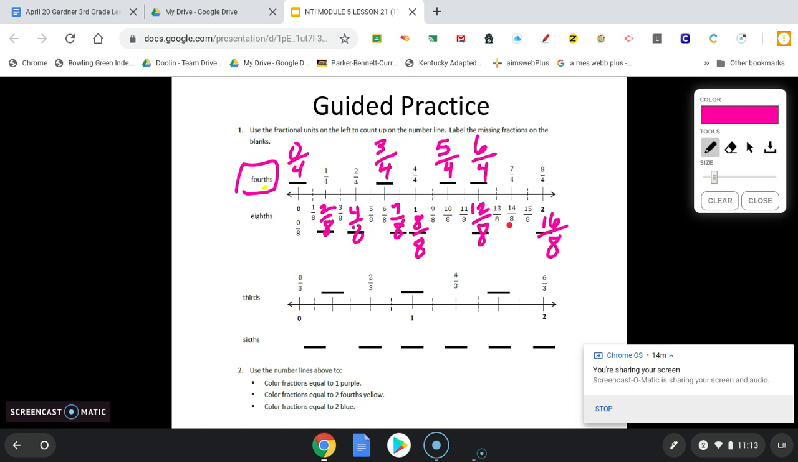Good. So this one is partitioned into thirds. So 0/3, 1/3 on that line, 2/3, 3/3, 4/3, 5/3, and 6/3. Now the bottom is sixths, so I have to look. So there's 0/6. So then that one would be 1/6, 2/6, 3/6, 4/6 would go on that line, 5/6, 6/6 would be 1 whole, 7/6, 8/6, 9/6, 10/6,